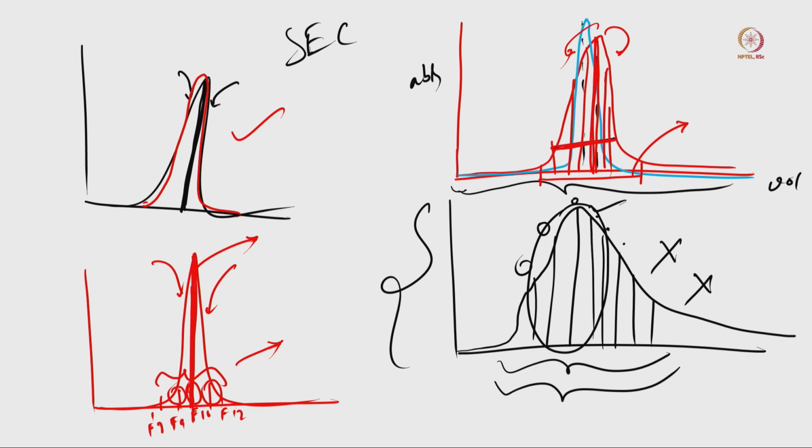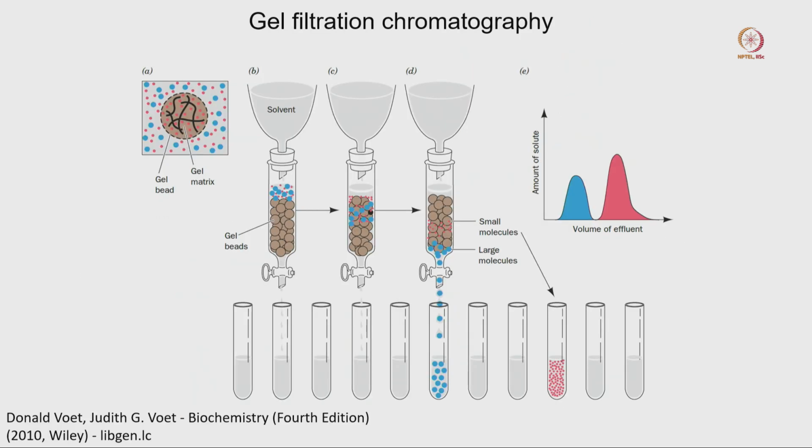Okay. So next go to the slide and take a look at what is happening. What I discussed so far, the same thing is discussed here again. So this is the gel bead, and those gel beads are here, and this is the matrix. As I mentioned, blue is the larger protein and red is the smaller protein. When you have this mixture and the sample is going through that column, you can see this blue will not enter the gel.